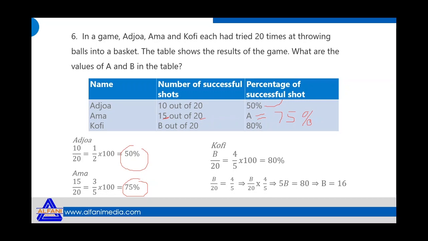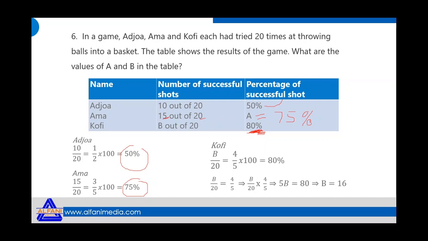Kofi, using the same methodology, I could say Kofi's number of balls that he got successfully, B over 20, should give me a number times 100%. So B over 20 equals a fraction times 100% to get the 80%. But what I did here is to take the 80%. Since I have already been given the successful number of shots that he got, I took